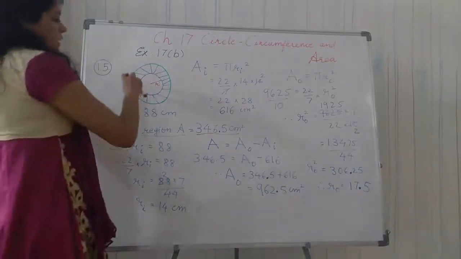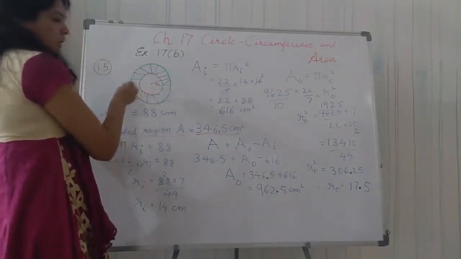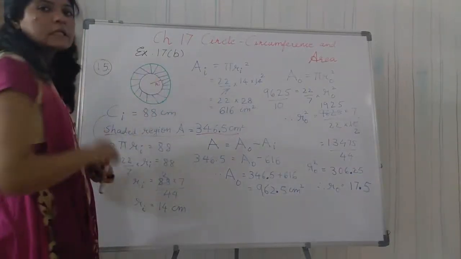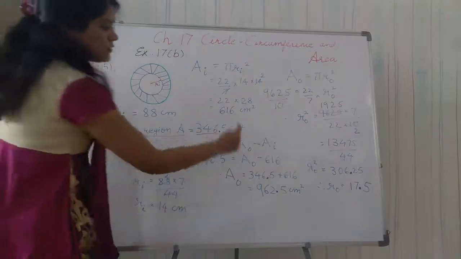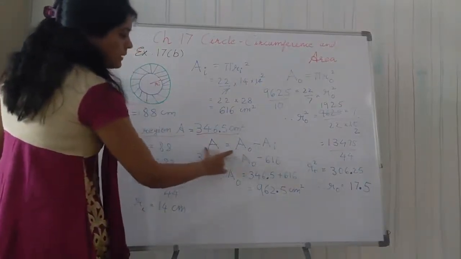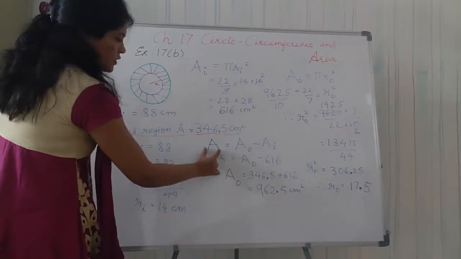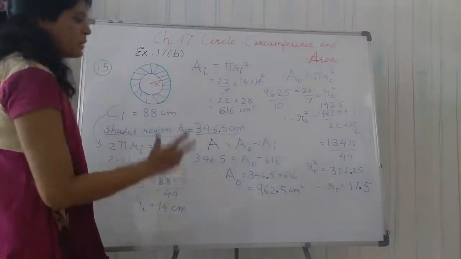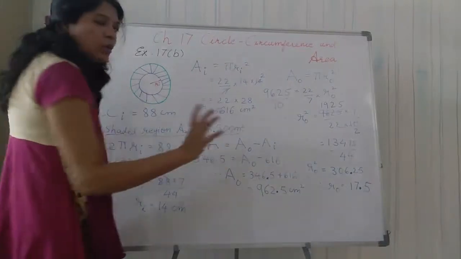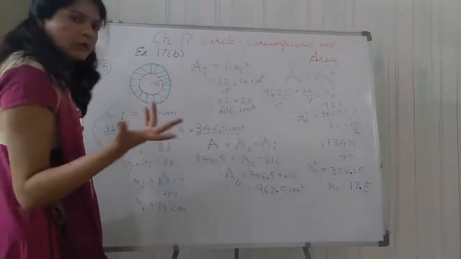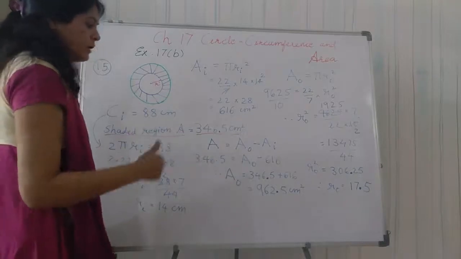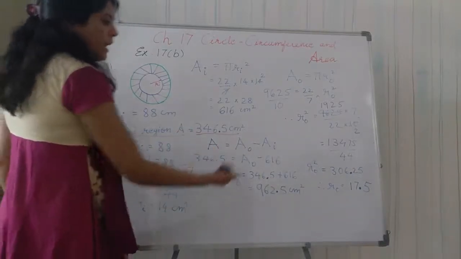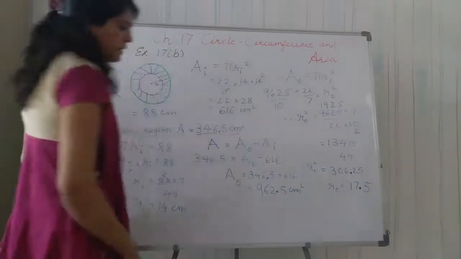So, now what the thing is that this area is nothing but outer area of the circle minus inner area of the circle. So, using that concept, I have used here, this area of shaded region is equal to outer area minus inner area. But students, outer area we don't know because we don't know the outer radius that we want to find out. So, I used here my shaded region area and inner area, that is 616.